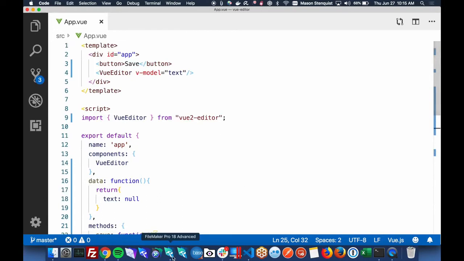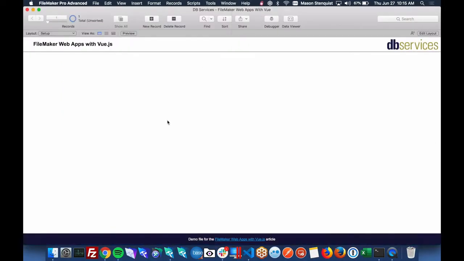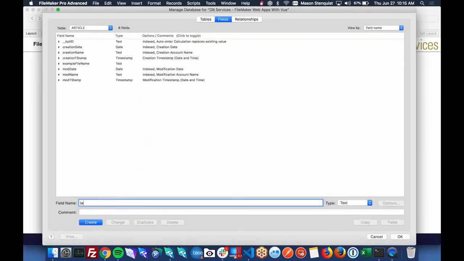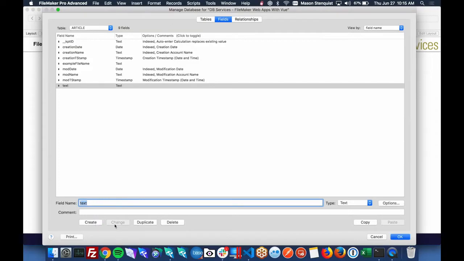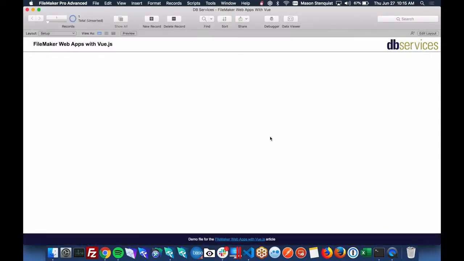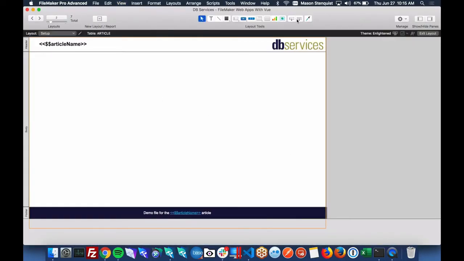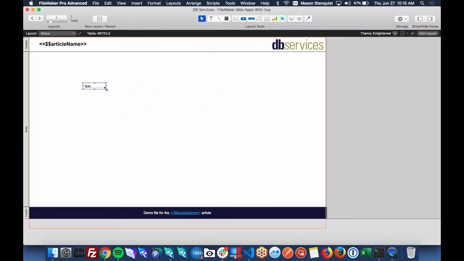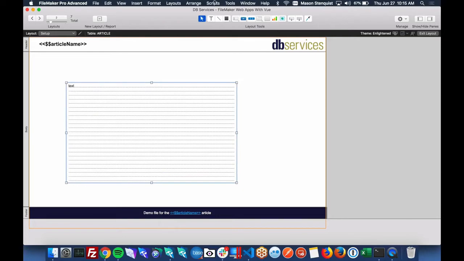All right. So before we do anything, let's make a text object or text field. We'll just throw it on there. and we need our script.